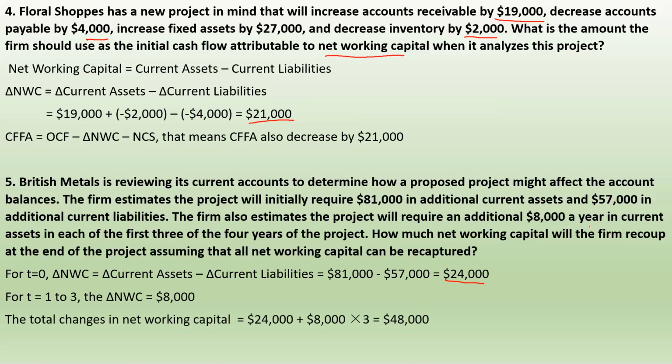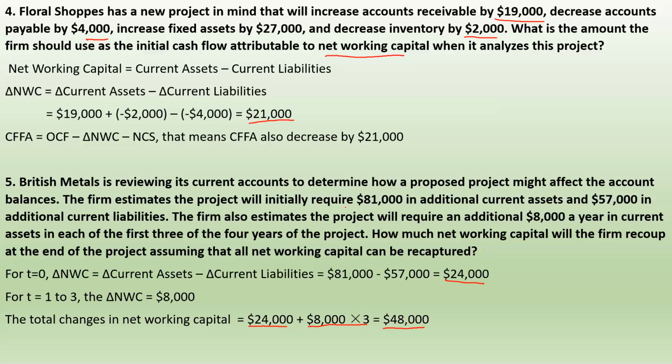So the total change in net working capital over those 4 years will be the change in net working capital at t equal to 0 plus the changes in net working capital over year 1 to year 3. The total change in net working capital is 48,000. And at year 4,